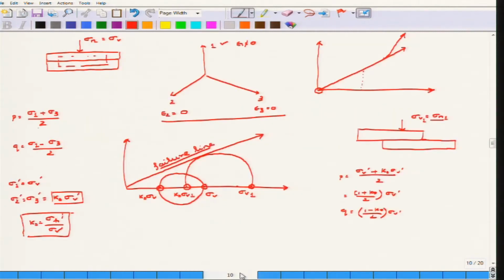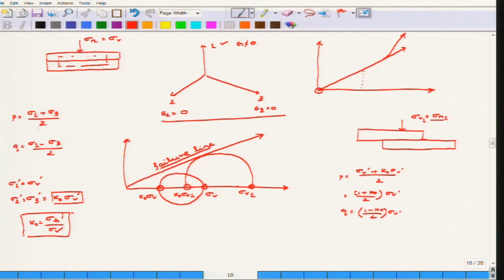Okay, so that is why this direct shear test is often, in case it may not be 1 minus k naught by 1 plus k naught, but generally for the general considerations we will consider it, for the time being, as 1 minus k naught by 1 plus k naught to be the slope. Another important fact that you have to consider is that here we have totally ignored the effect of